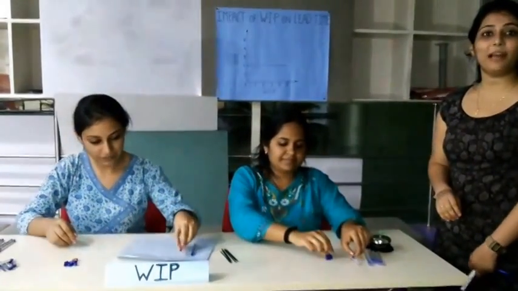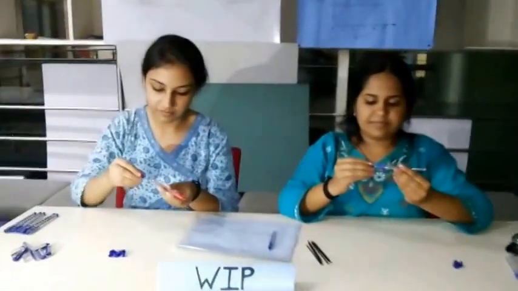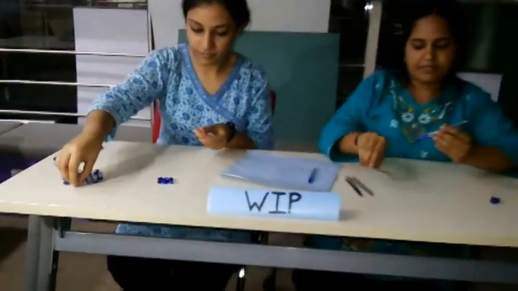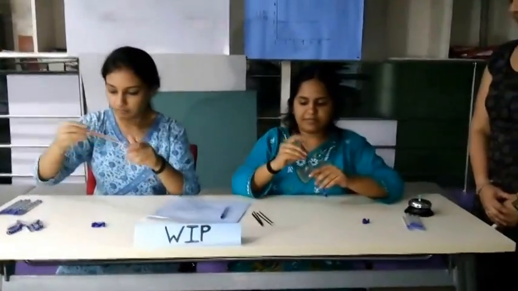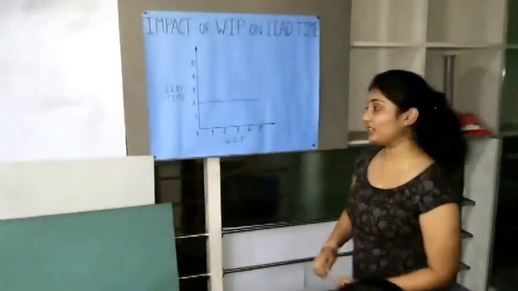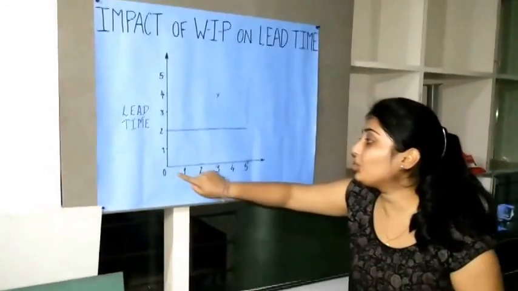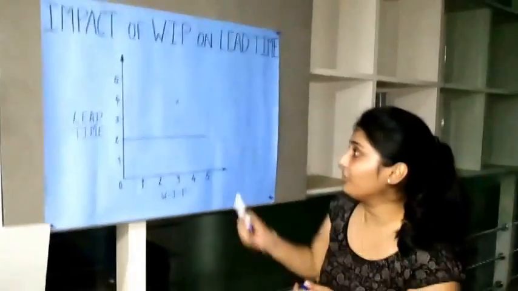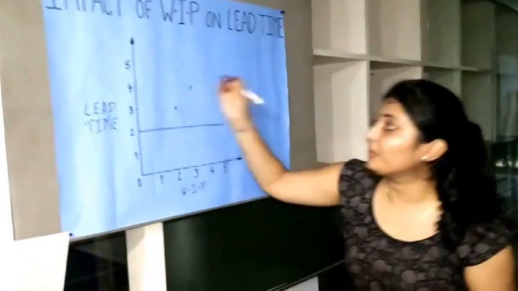2 units of time have completed. And now the red pen has got picked up, it is being worked on, and it is reaching completion. So the lead time is now, 3 units of time have completed. Hence we see that when there are 2 units of WIP, we require about 3 units of lead time, which is over here.